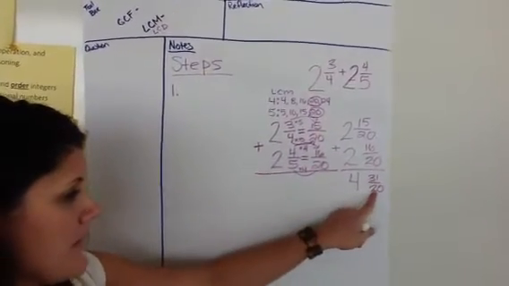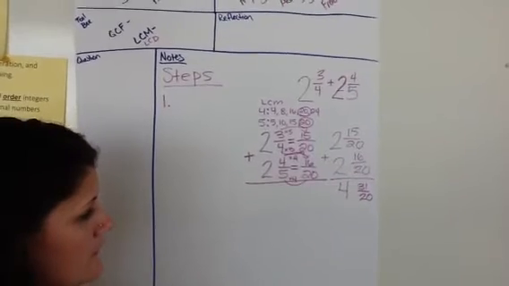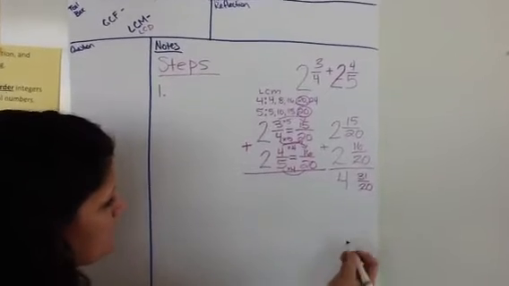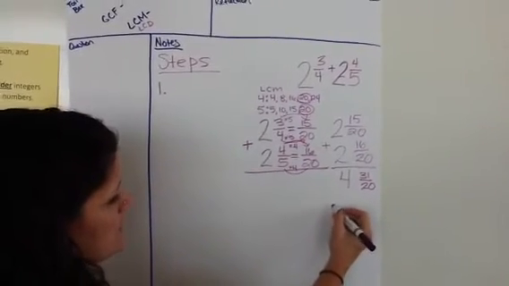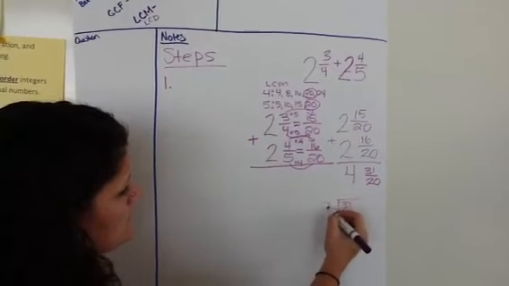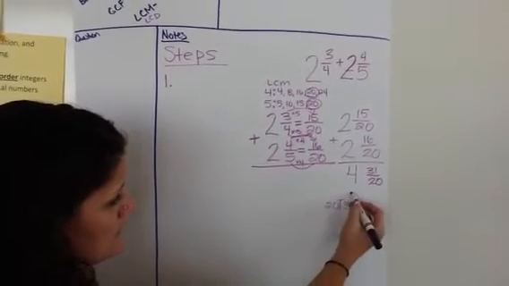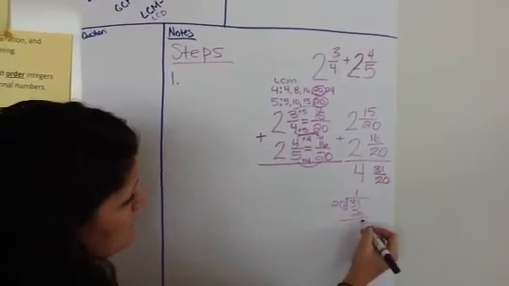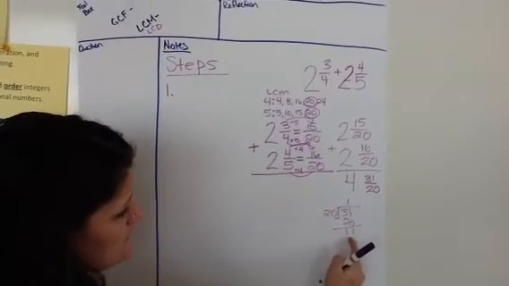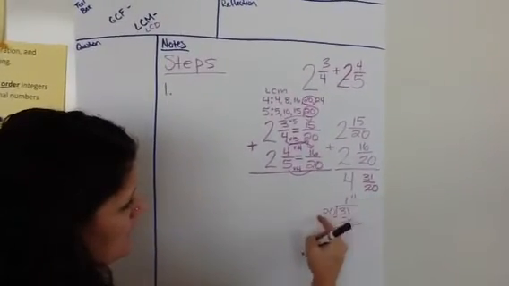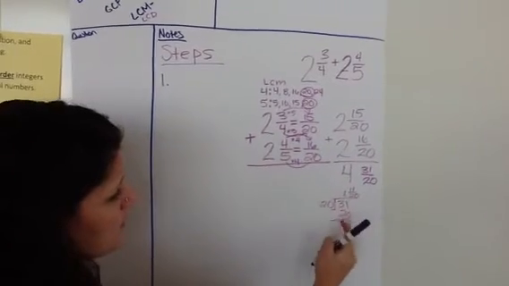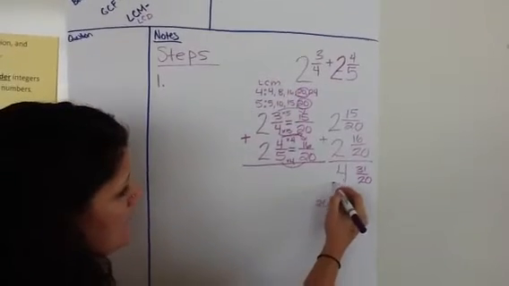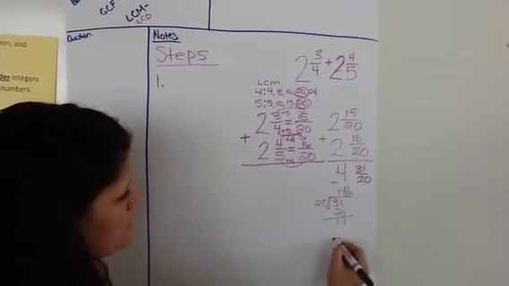So this is an improper fraction. It's too top heavy, so it's going to fall over. To change an improper fraction to a mixed number, you put the top dog in the house, divide the numerator by the denominator. So that's 31 divided by 20. 20 goes into 31 one time. 1 times 20 is 20. Subtract 31 minus 20, and you get 11. So this is going to be the numerator, and this stays the denominator. So 31/20 is equal to 1 and 11/20, and add that back to your whole number, so your total is